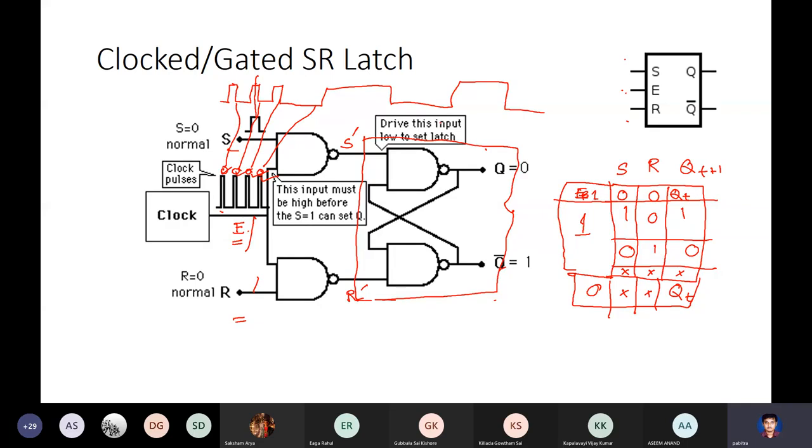What we say is that this clock, this train of pulses that we have, is common across all these different latches. These are shared. So all these latches see the enable input at exactly the same time. Exactly means subject to the delay of a single NAND gate, a small nanosecond kind of delay. But except for that small delay,